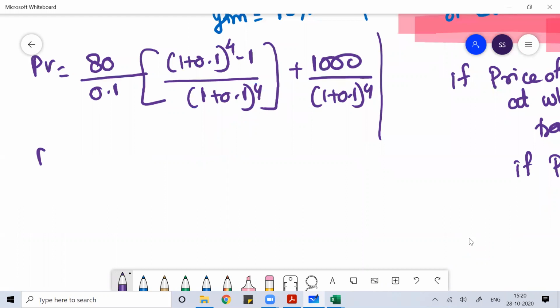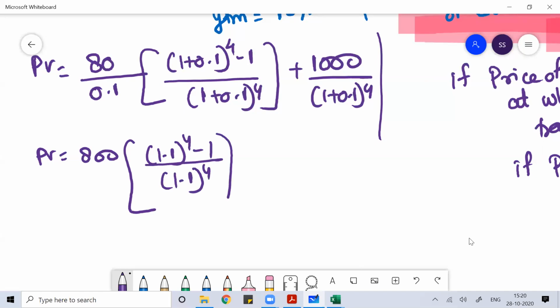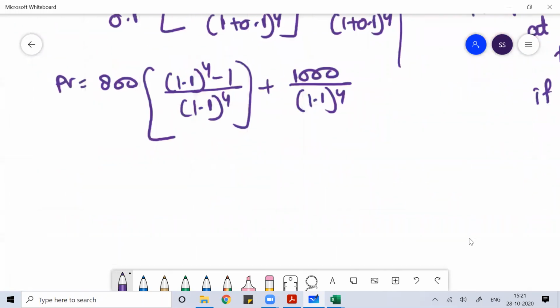So the PV is equal to 800 times (1.1 to the power 4 minus 1) divided by 1.1 to the power 4, plus 1000 divided by 1.1 to the power 4. So I can find the PV, or present value of the bond. PV is equal to 800 times... 1.1 to the power 4 is